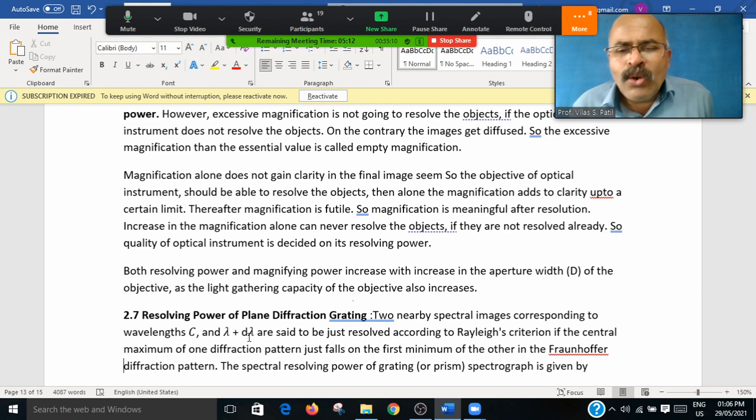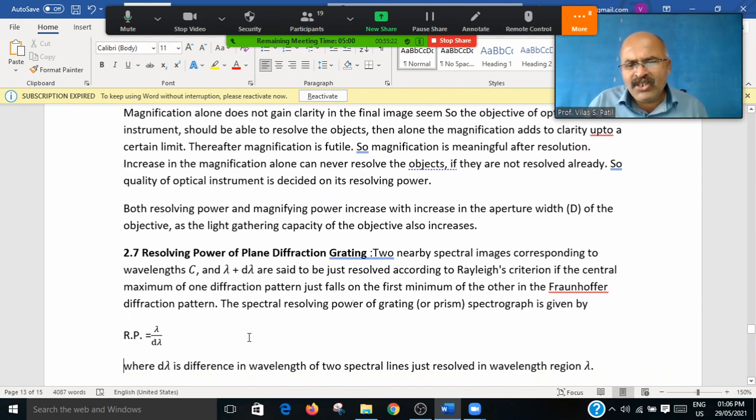रिझोल्युशन हे ऑप्टिकल इन्स्ट्रुमेंटच्या क्वालिटीवरती डिपेंड आहे. And both resolving power and magnification power increase with the increase in the aperture width. अपर्चर जर विड्थ आपण वाढवत गेलो, जे जिथून प्रकाश येतो त्या अपर्चरची जी काही स्लिट असते त्याची जशी जशी विड्थ वाढवू तसं आपल्याला मॅग्निफिकेशन रिझॉल्विंग पॉवर इन्क्रीज होतात ऑफ द ऑब्जेक्टिव्ह, and the light gathering capacity of the objective will be increased. त्याच्यामुळे ऑब्जेक्टिव्ह वर पडणारी लाईट वाढते आणि light gathering capacity of the objective it will be increased,